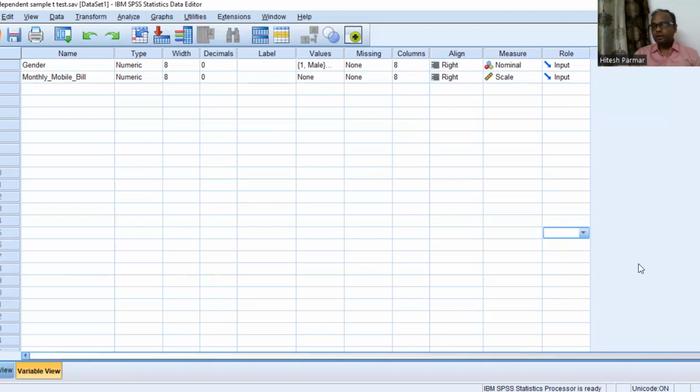Similarly, you may have identified some other variables also. Suppose you want to compare the data of two states, right? State A versus state B, then also you can go for independent sample t-test. Suppose you want to compare two types of organization where you have large scale organizations and medium scale organizations, then also you can go for this independent sample t-test. Suppose you have the data regarding the comparison of two different cities, then also you can go for independent sample